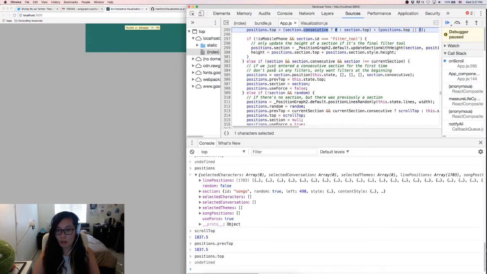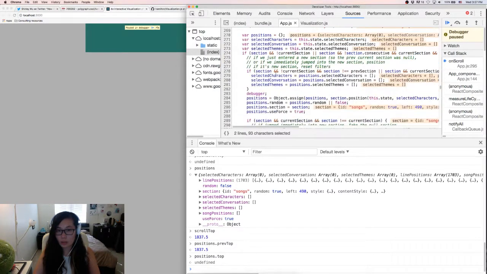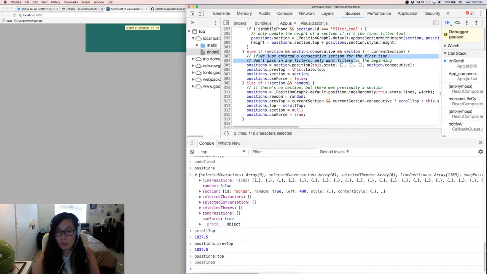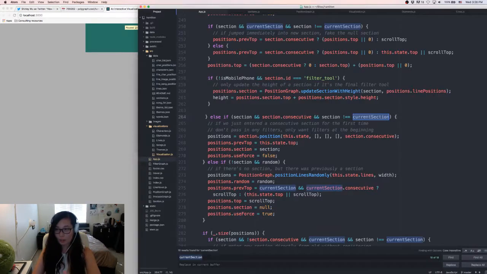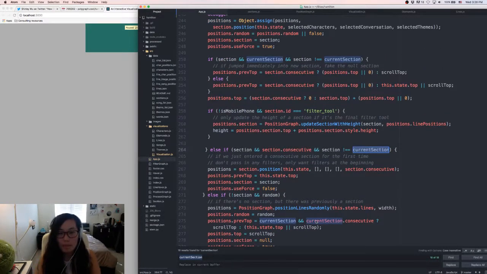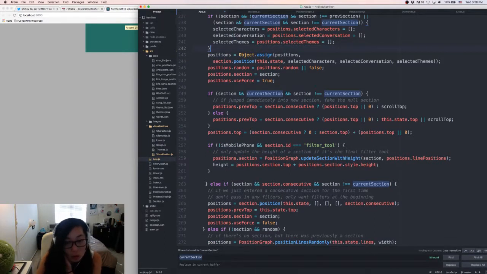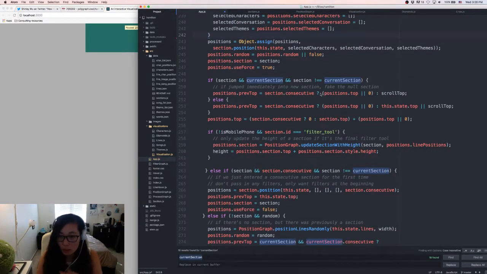and then in here, so this one was like, and this one is, if we just entered a consecutive section for the first time, if there's no section but there was previously a section. Okay, I'm ready to try and fix each of those one at a time. So here, I think if I just do this,